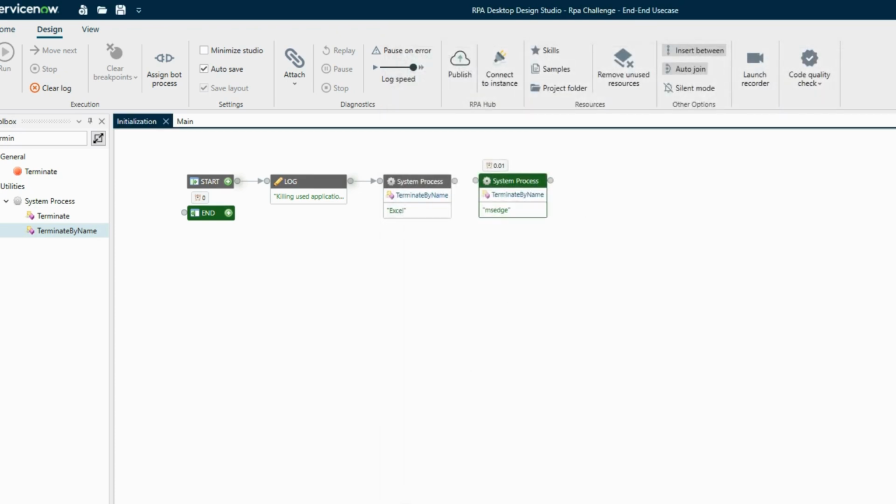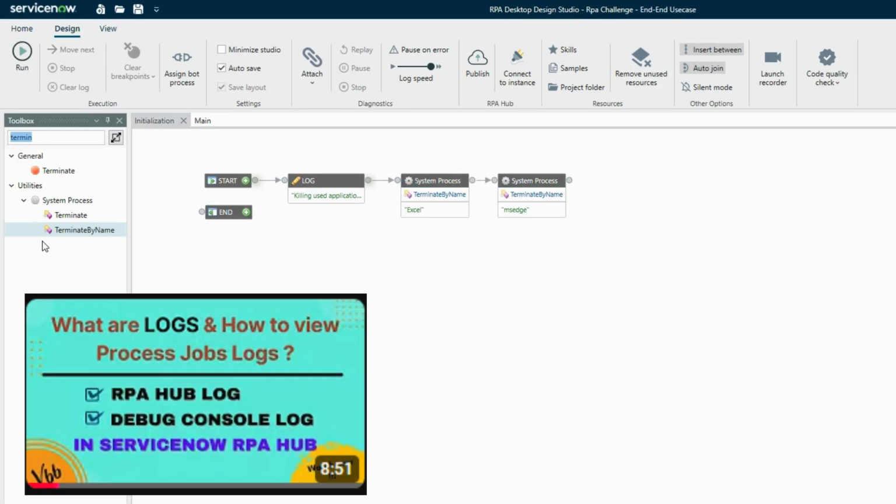Okay, still my Edge has two different pages. Let me clear it and let's see. Okay, so this is working perfectly. So to clear the Edge, this is the shortcut name. If you have watched my video on logs, where I have mentioned different ways to achieve it, like your console log and your normal log,